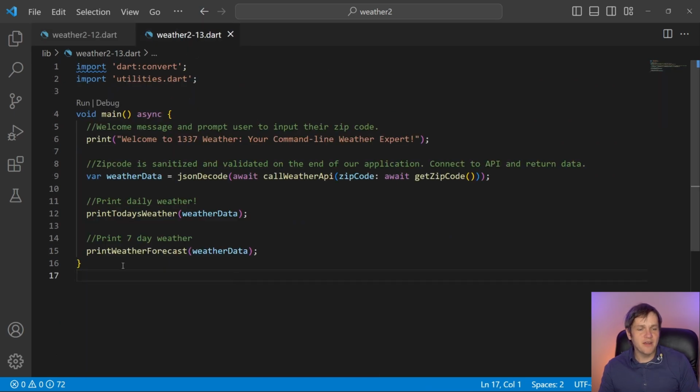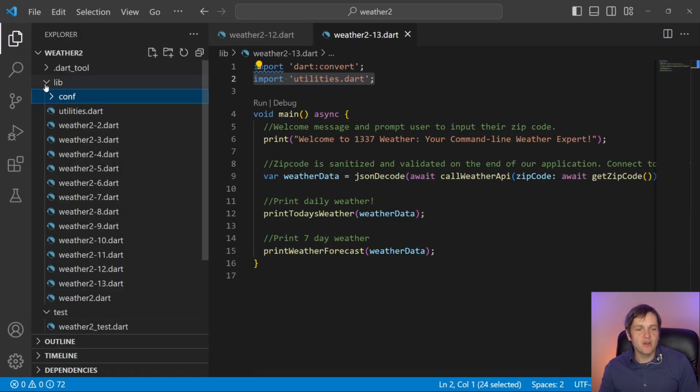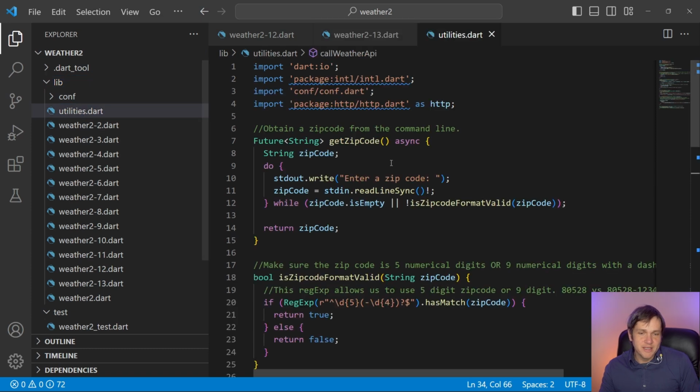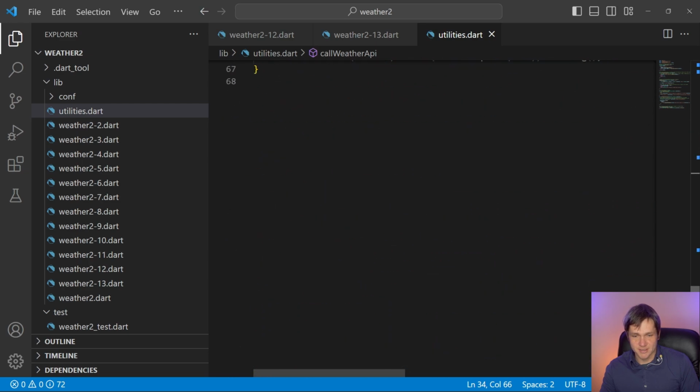And you'll notice here in our main file, we no longer have any of these functions. So where did they go? Well, look up here. We're going to import a file called utilities.dart. If you haven't created it, in whatever path you would like it to be stored, in this case I just have it in my lib folder. You can put it wherever you'd like. You're going to make a file called utilities.dart, and you're going to copy and paste all of the functions that you created